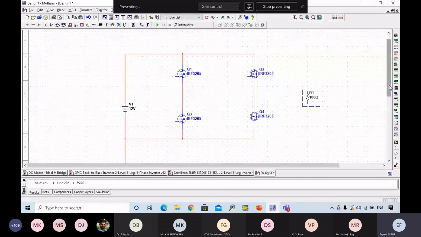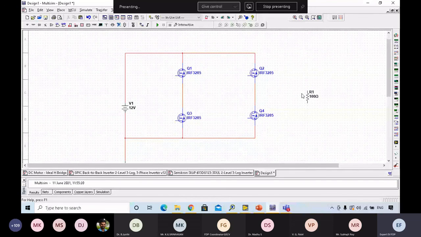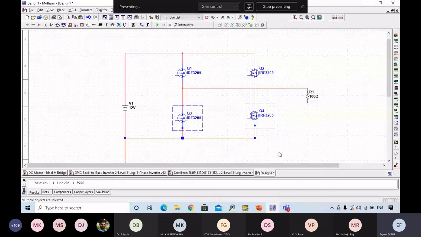So the inverter is ready. We need to connect it to the load. In order to connect to the load, this is going to be positive. So positive, I'll connect from here to here. And negative, I'll connect from here.